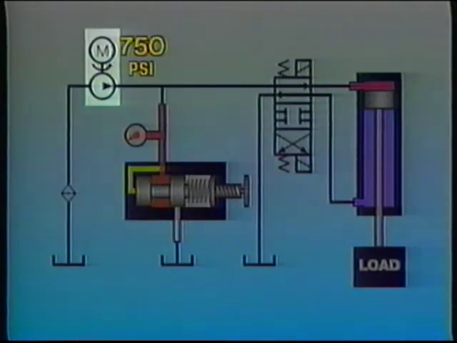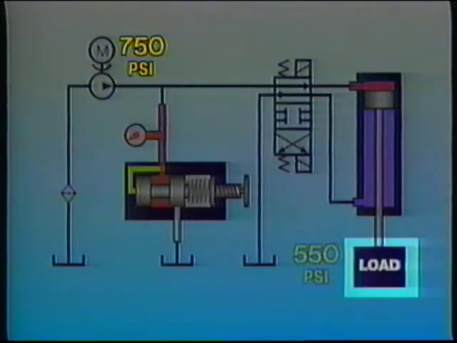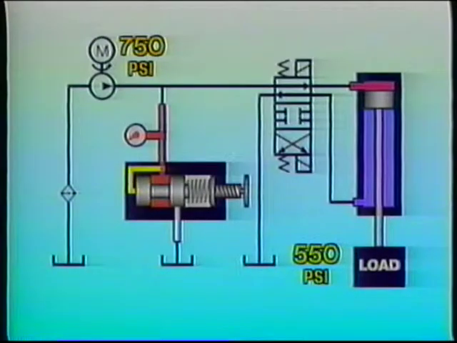The pump develops 750 psi to deliver a flow of 10 GPM to the cylinder. 550 psi is needed to move the load, and another 200 psi is needed to overcome the resistance of the fluid in the system. As long as the system pressure remains below the relief valve's cracking pressure of 800 psi,